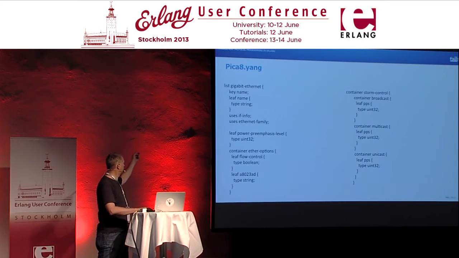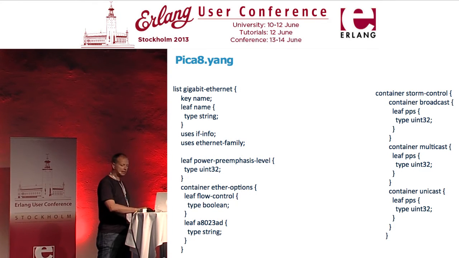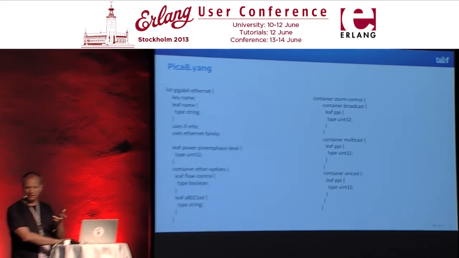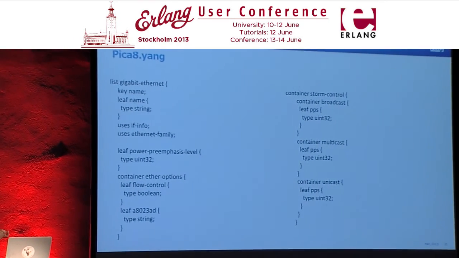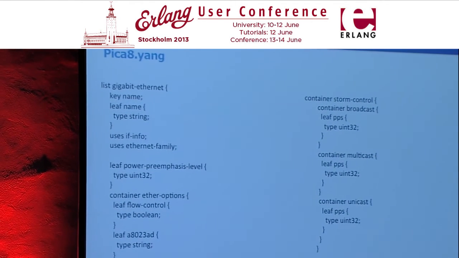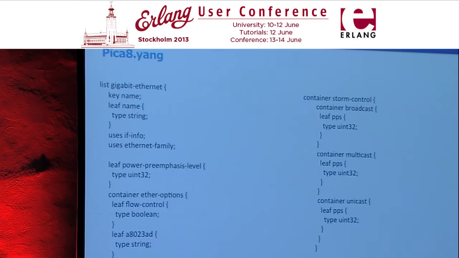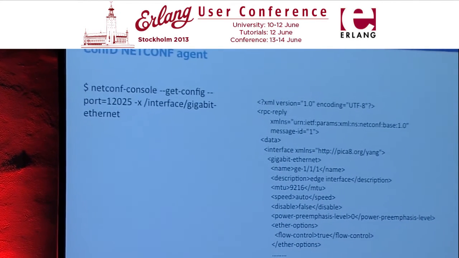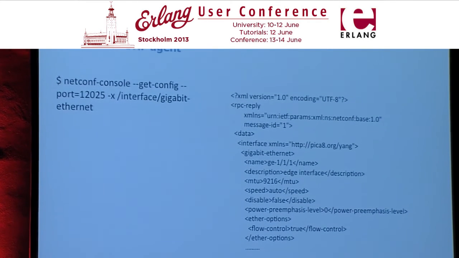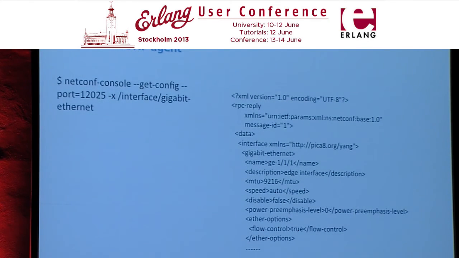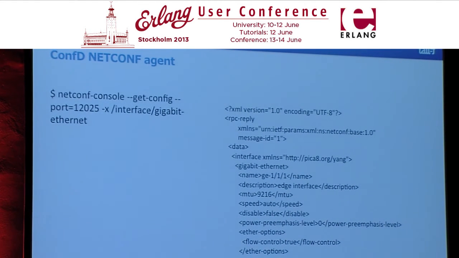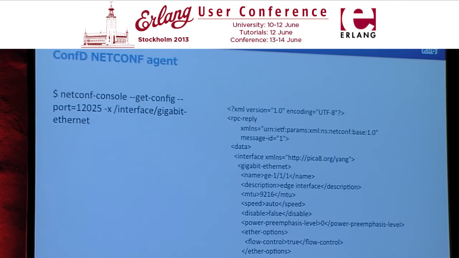This is some Yang code. List, blah, blah, blah. It pretty much has the same semantics as XML schema, sort of. It's used to define payload, and the payload is XML. It's readable, and it's almost self-explanatory. This is not particularly interesting. So this is a tiny little way of getting the data out from a device. You can send a get config request to it, and you're getting the payload back in an XML format.